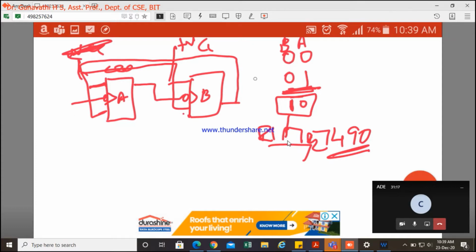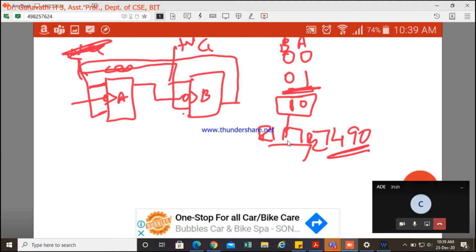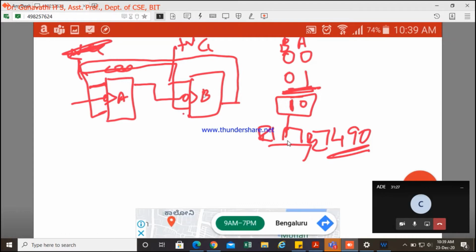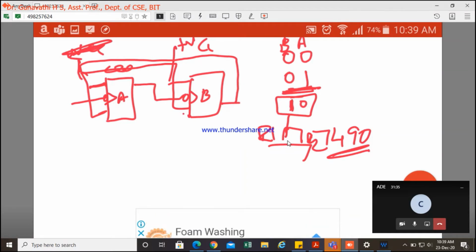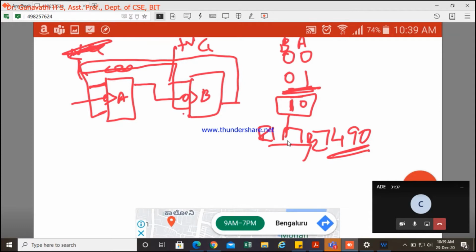When this was 0, this is 1, so it will toggle and we will get the next state, 0 1. But now when we want to make it 1 0, this will become 1 and this will become 0. When that is the case, it will reset. That is how you can design it. Is this clear?